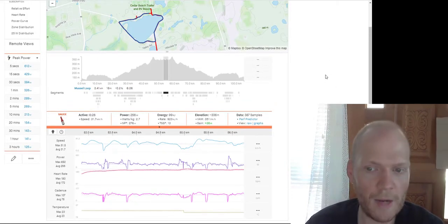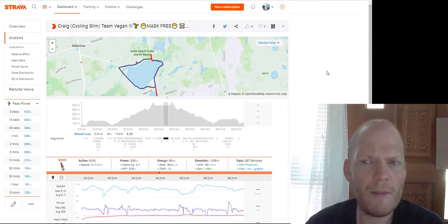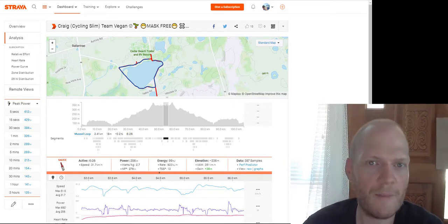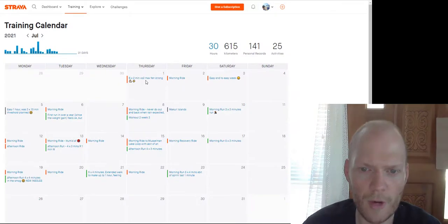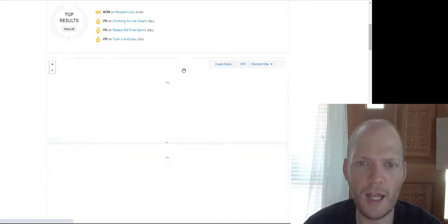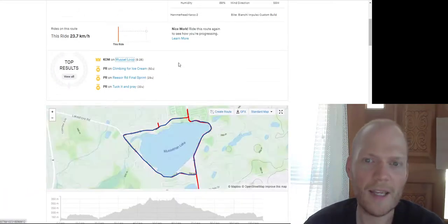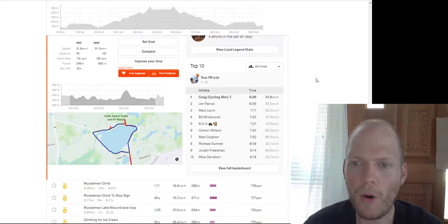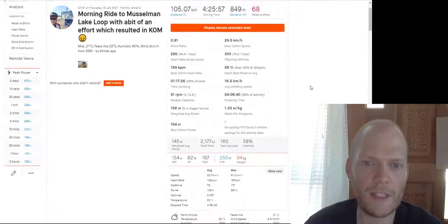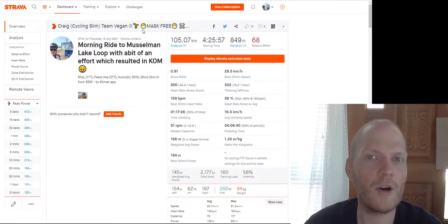But anyway, I'm not going to defend this KOM with my life or whatever, right? So the guy who got the KOM originally, if he wants to come back and have a go, have at it. But I'm happy that I've set my name on the board, right? So obviously you see my name here. I'm not going to say it because of the algorithm, right? But Team Vegan, and then that word,